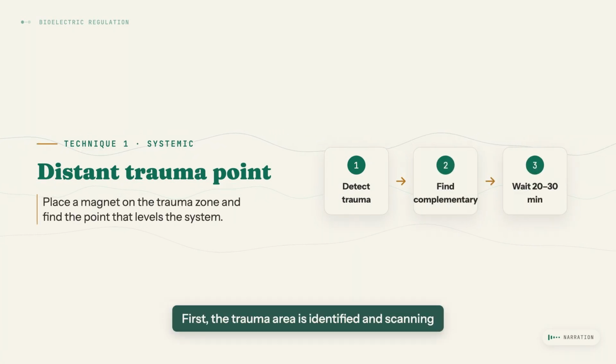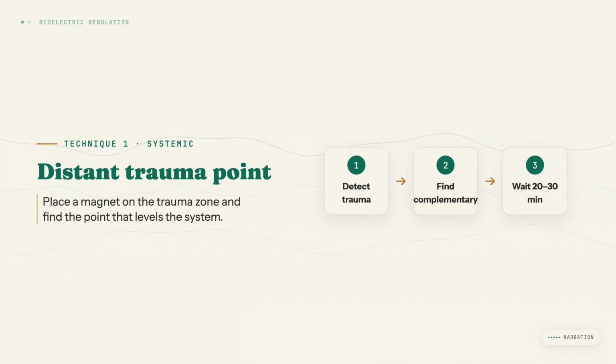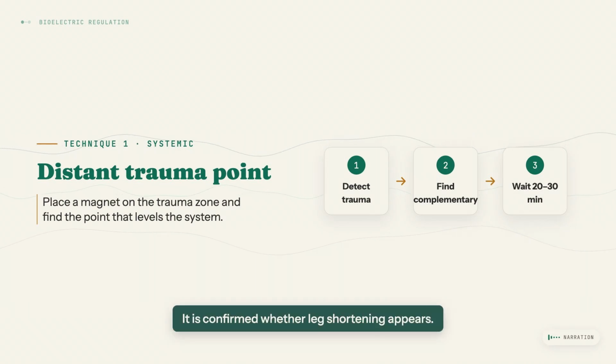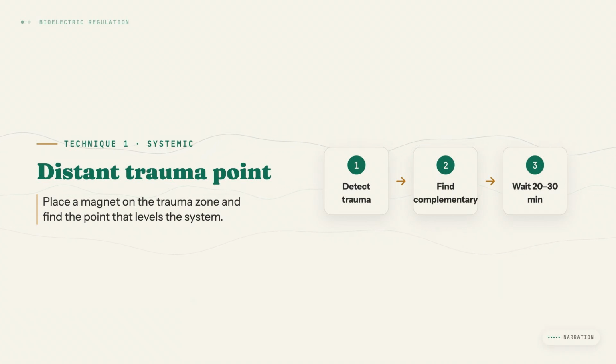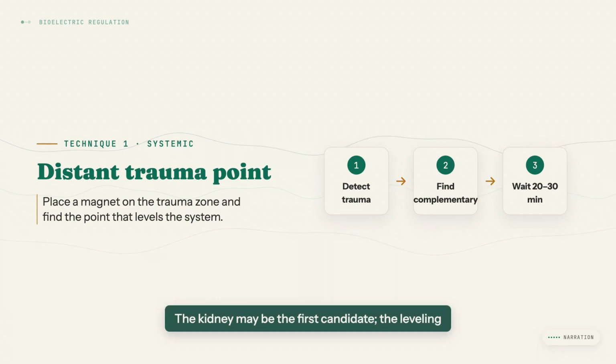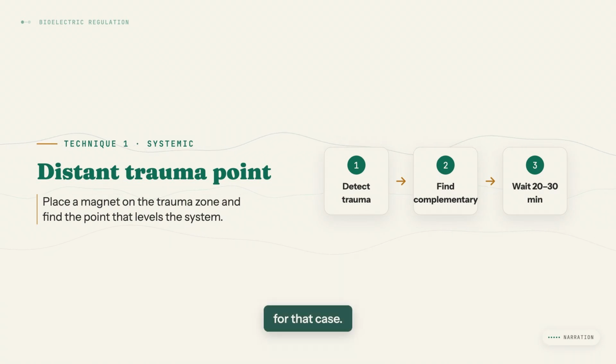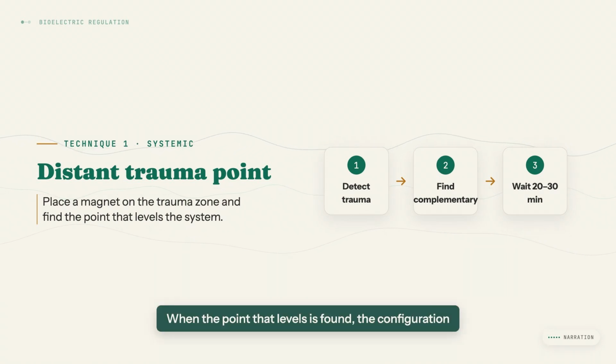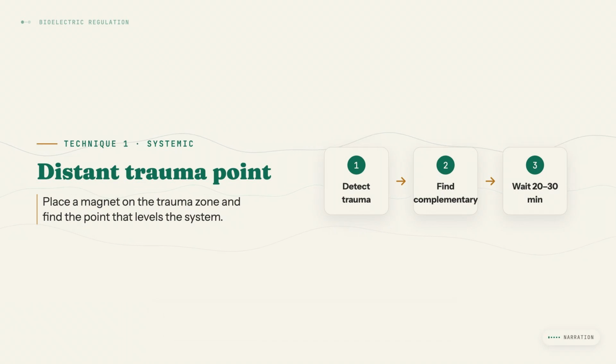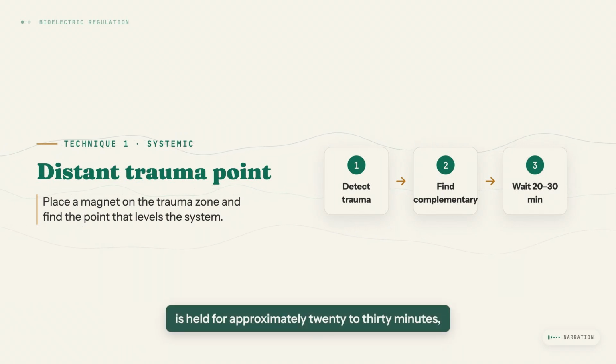The third way of working seeks a systemic response. First, the trauma area is identified and scanning is performed with the negative pole following the usual protocol. It is confirmed whether leg shortening appears. Then a complementary point is sought. The kidney may be the first candidate. The leveling response determines whether it is the right point for that case. When the point that levels is found, the configuration is held for approximately 20 to 30 minutes, with clinical observation